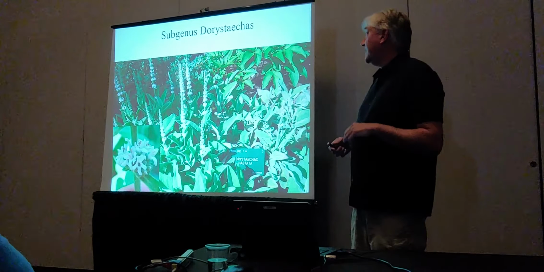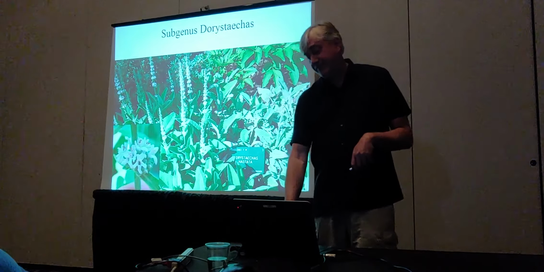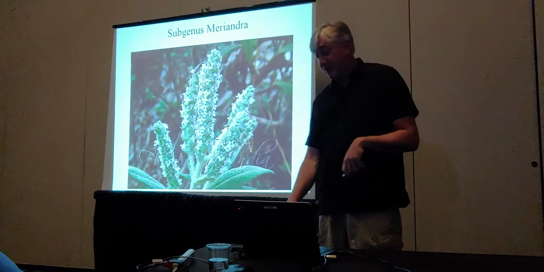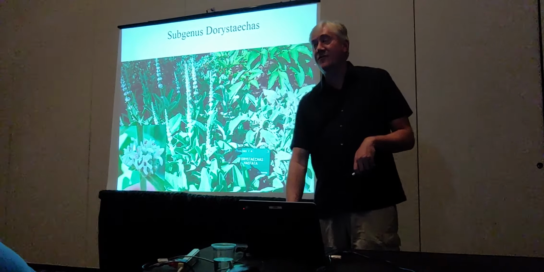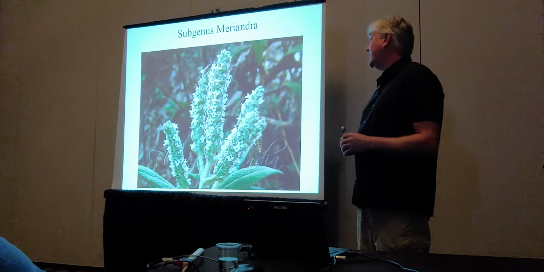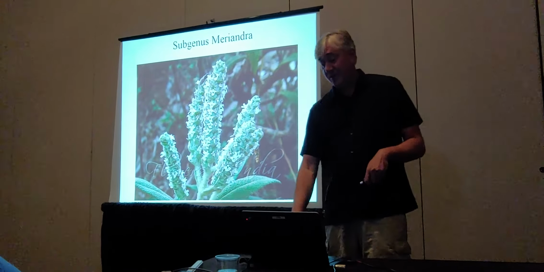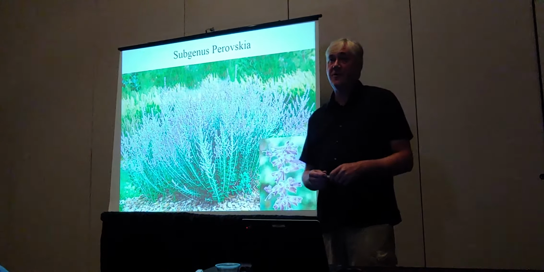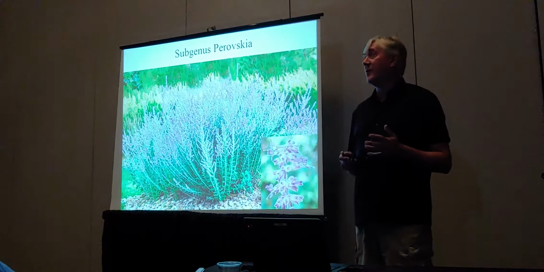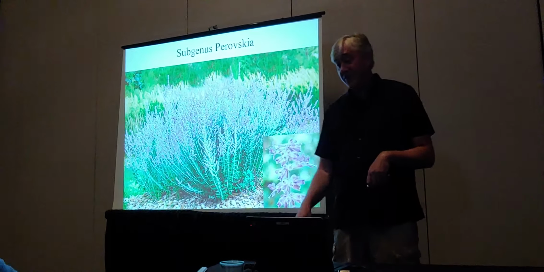Subgenus Dorystaechas is monotypic, and it's endemic to the Antalya region of Turkey. And this was formerly the genus Dorystaechas. Subgenus Meriandra has two species, one in India, one in Northwest Africa, and again, used to be the genus Meriandra. Subgenus Perovskia is the largest of these smaller genera with 8 species, primarily occurs in Central Asia, formerly the genus